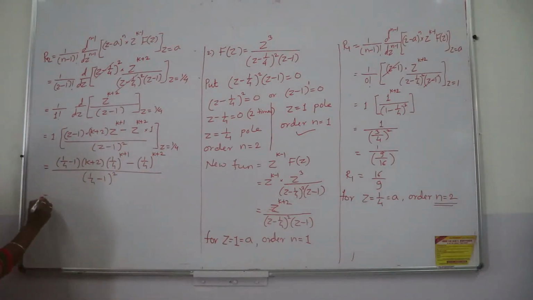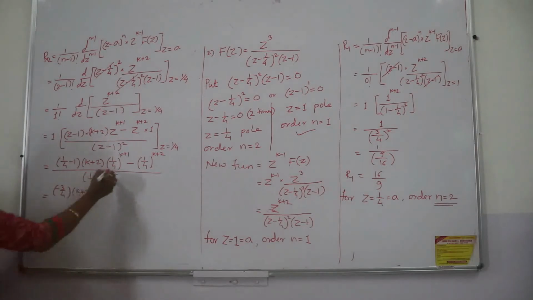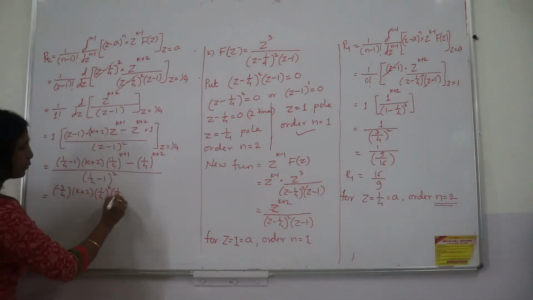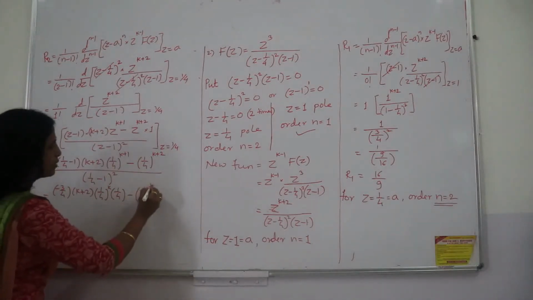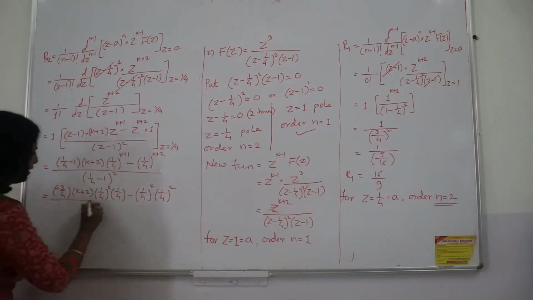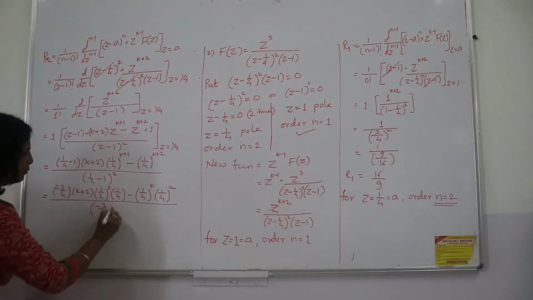Okay, let us simplify. So what I will get here, this is minus 3 by 4. K plus 2 is a number, I don't want to separate this. Now here these two I will separate. 1 upon 4 has power k and 1 upon 4, minus here too I will do the same thing, 1 upon 4 raised to k and 1 upon 4 square, and whole divided by, here if I cross multiply, I am getting minus 3 by 4 square.